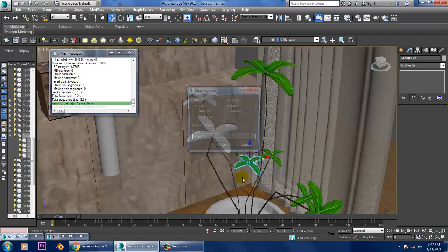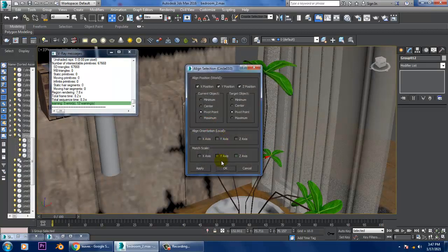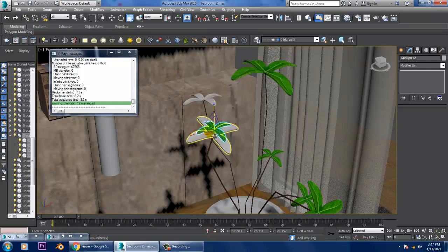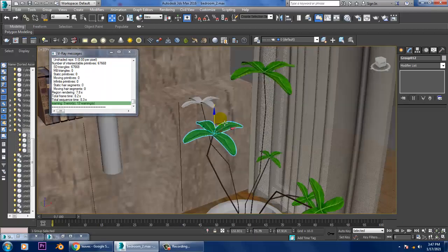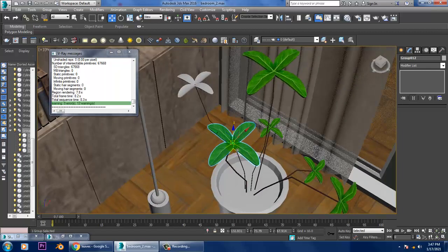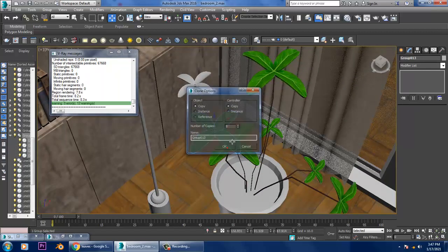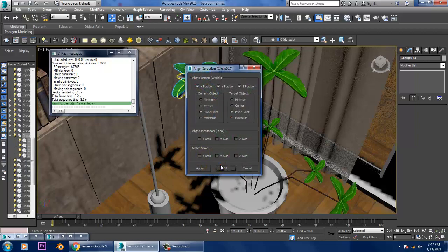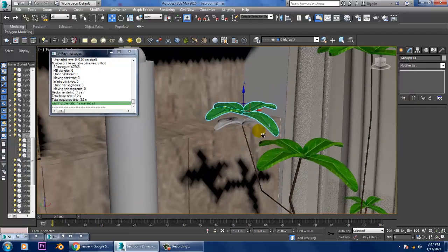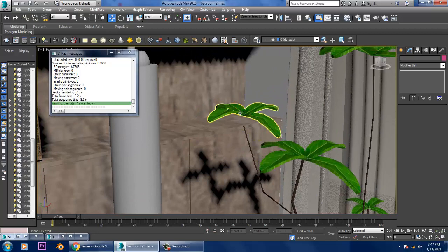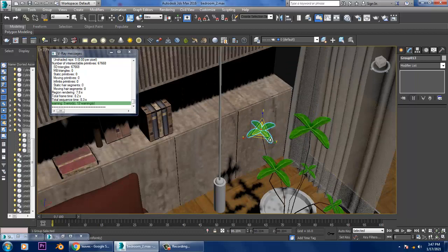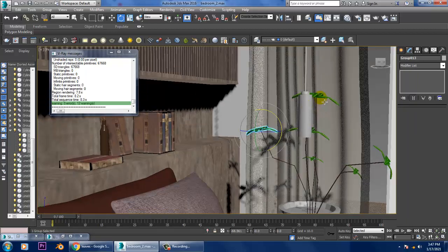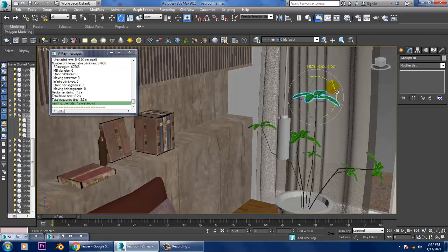Shift copy, Alt A, duplicate it, scale it and slightly push this. Again shift and drag, Alt A, duplicate it. Alt A is for align, shift and drag is duplicate. I'll scale it, I'll slightly rotate it. Make sure you're rotating it accordingly, your choice.